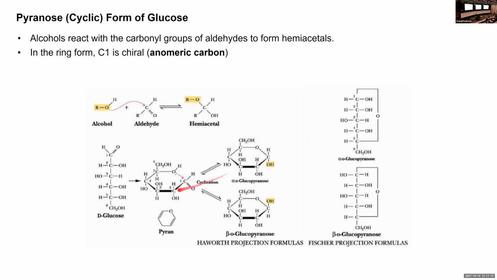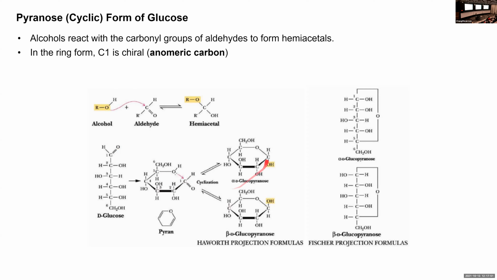And depending on where you put this O, top or bottom, it actually makes a different configuration. The hydroxyl can be on the bottom of this six-member ring, or on the top too. And based on that, we can actually call them different isomers too, that we're going to talk about briefly, in short. And when you look at this ring form, the C1 right here, which forms the aldehyde,